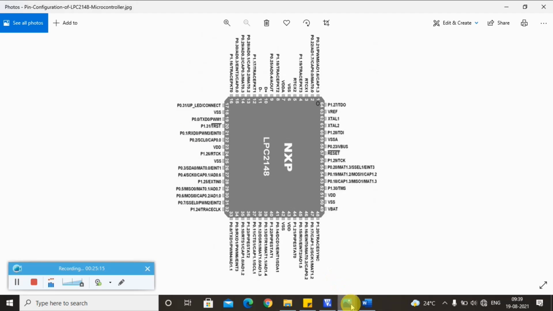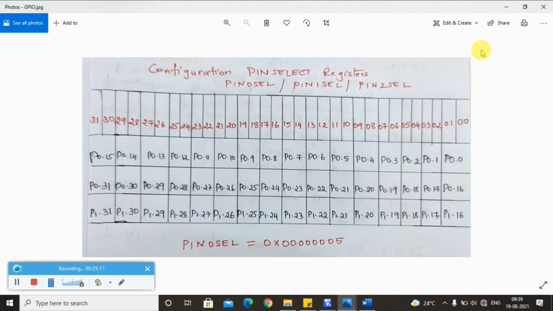For second functionality, I need to write what bit code? 01. So what I will do here is, where is the 0th pin? This one. This and this I need to put what? 01. Okay, right? So I will write 01 here, and here also 01. Rest all will be 0. At that time, tell me what is the number you are going to get here.